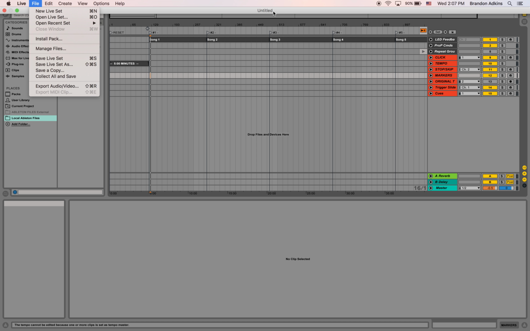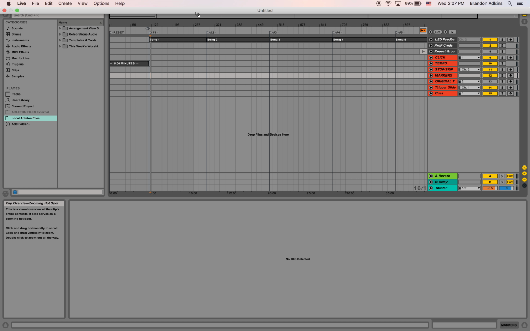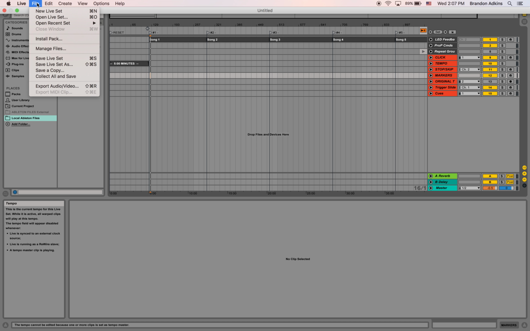It's not a sin, but don't do it because it's really bad file management, and it'll be hard to remember if you've got 3 or 4 untitled folders on your desktop which one you're reaching for when it's time to find it for Sunday. So what you want to do first is click File, Save Live Set As,